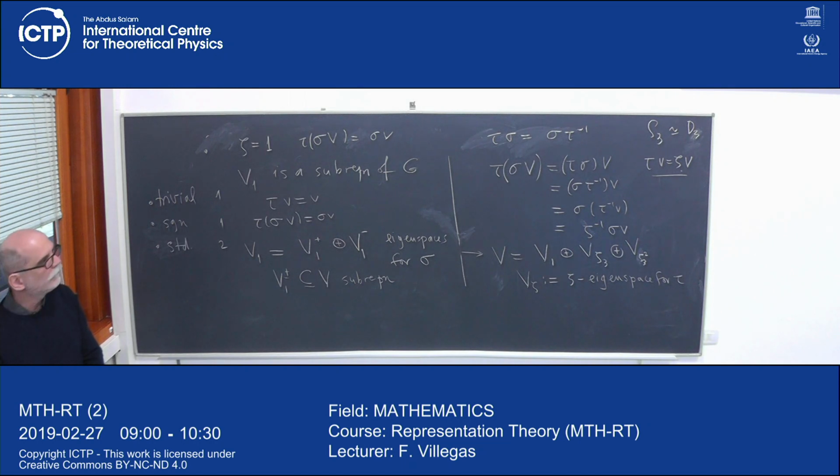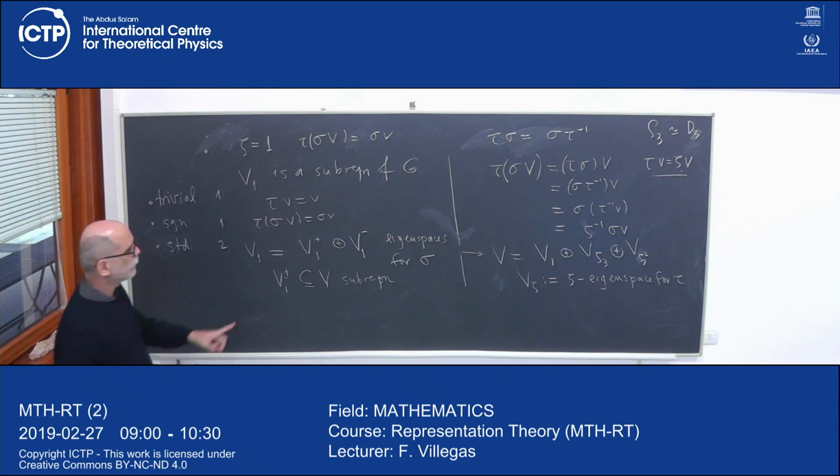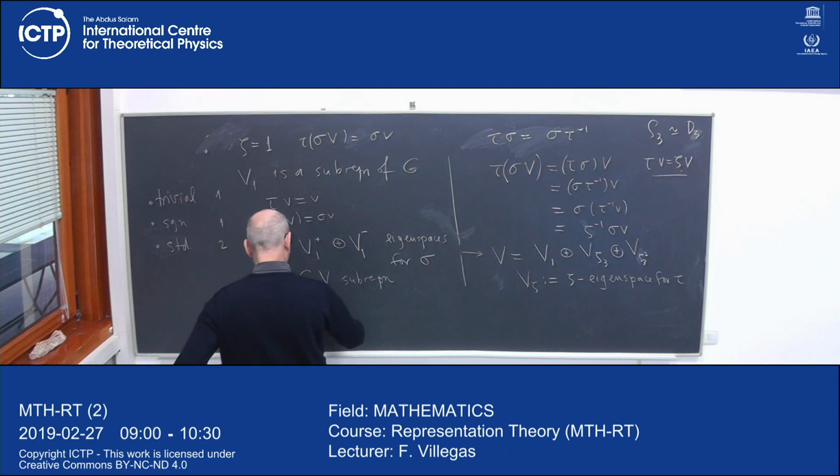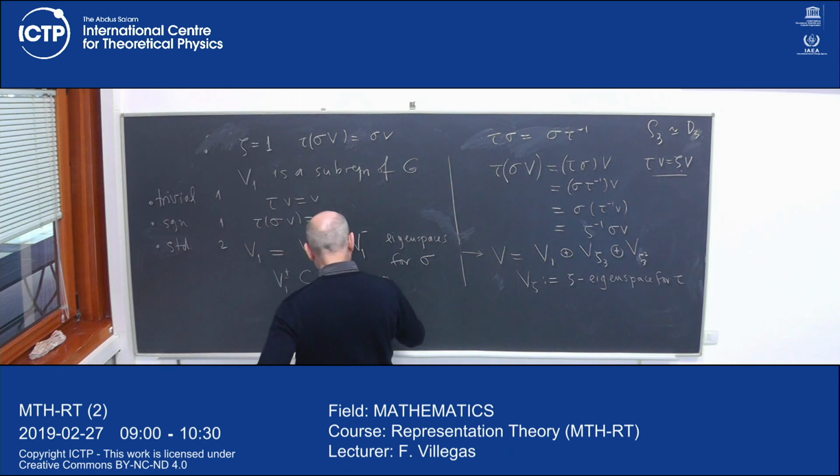A direct sum. Summing the trivial. Yeah, I sum the trivial representation 1,000,000 times. I take any basis of the space. Each vector in the basis generates a one-dimensional representation because the group acts trivially, which is isomorphic to the trivial one. So V1 plus is a direct sum of the trivial representation,